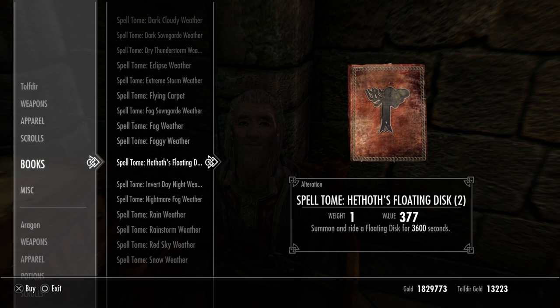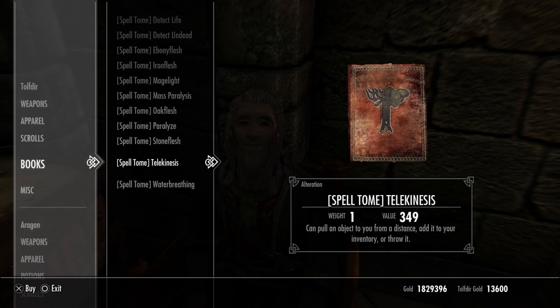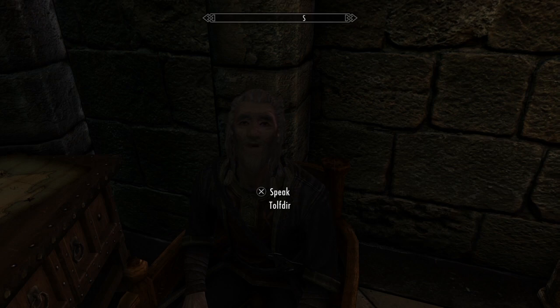And then, let's see, this is all, okay. Hithos, or however you say that, floating disc. Summon and ride a floating disc for 3,600 seconds. Again, he has 2. I'll buy one and leave one. And now he shouldn't have the third one, but let me check real quick. The third one should be sold by Calcimo. Yeah, okay. So, again, you won't have those modded weathers unless you happen to have the same weather changing mod